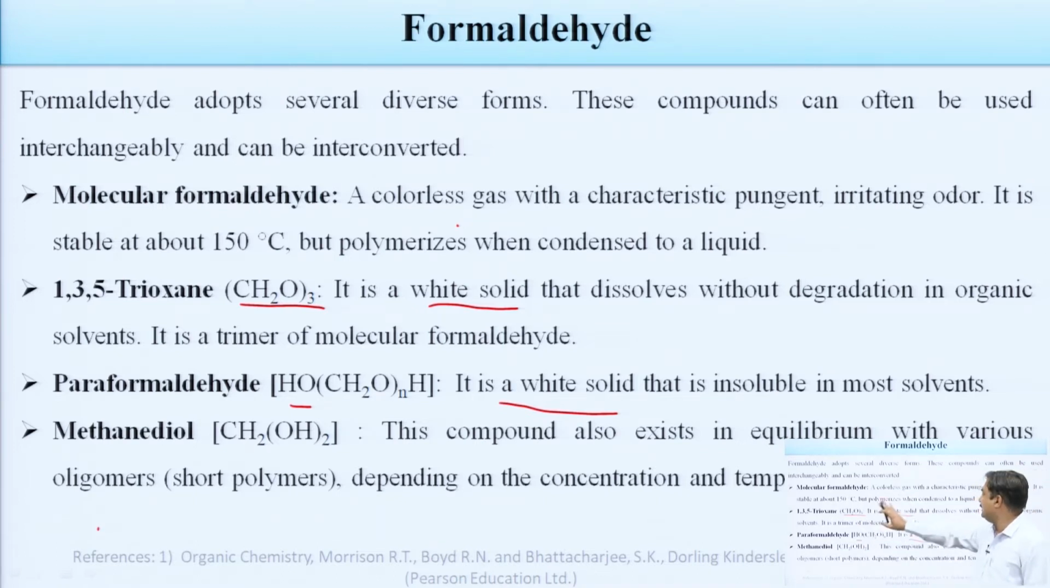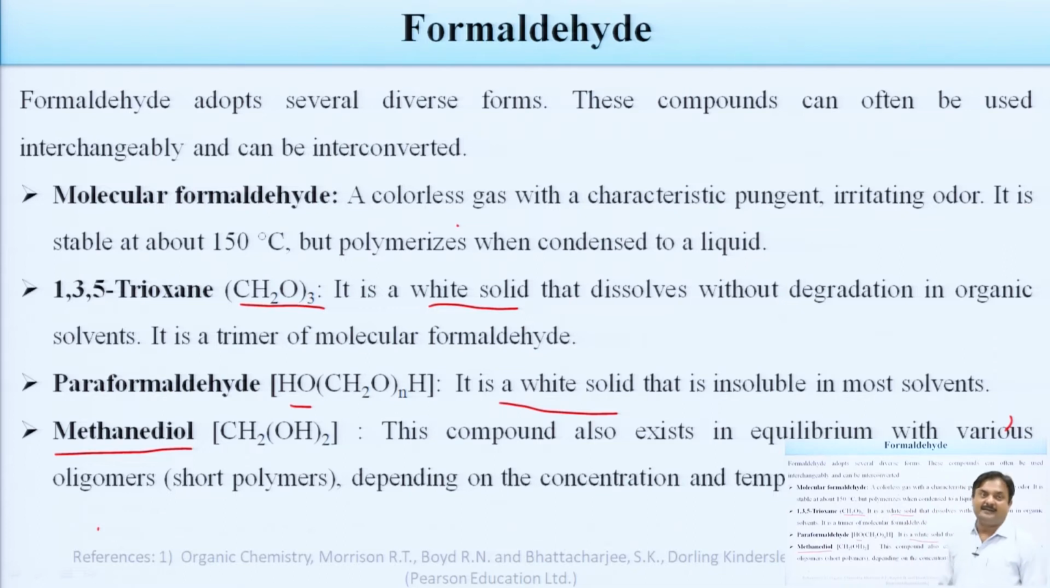1,3,5 trioxane is a white solid that dissolves without degradation, while paraformaldehyde is a polymer, a white solid insoluble in most of the solvents. This is the difference in solubility between 1,3,5 trioxane and paraformaldehyde. The next form in which formaldehyde can exist is